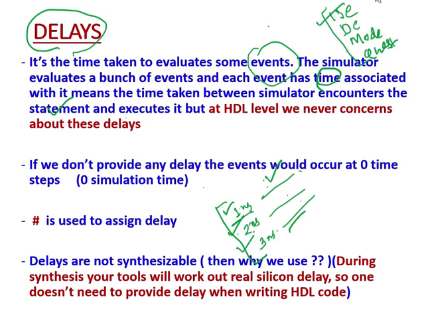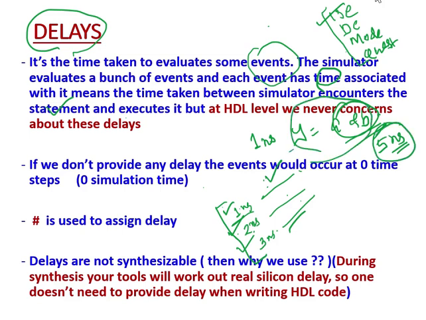For example, if you wrote y equal to a ampersand b in your simulator and the simulator encounters this line of code at 1 nanosecond, but the simulator takes some time to evaluate this a ampersand b, let's say 5 nanosecond. So this is the time delay for this line of code, y equal to a and b,